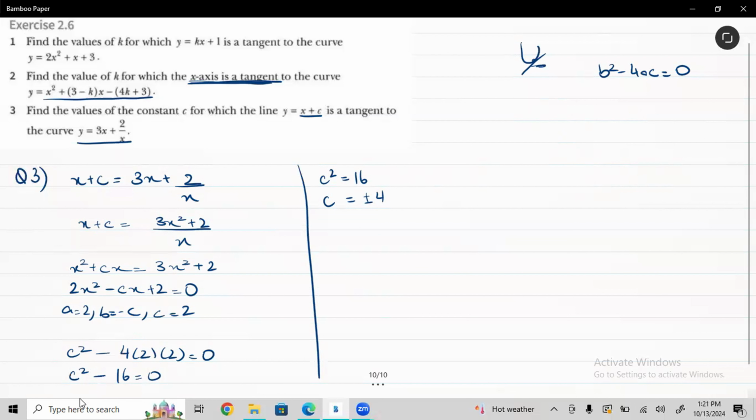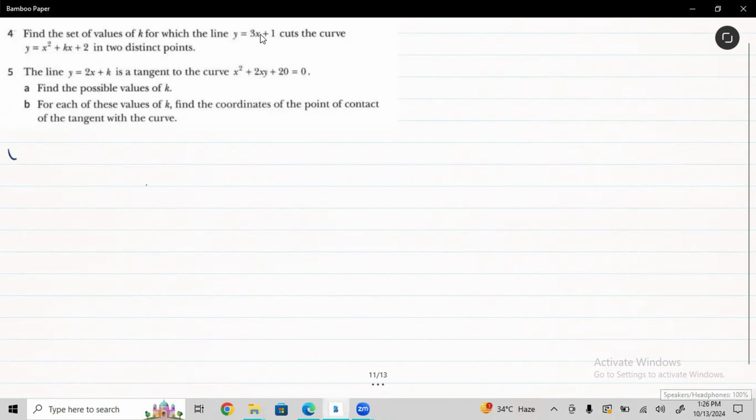As you can see, they've also asked for the values. So again, the two values are positive and negative 4. And that's basically it for question number 3. Proceeding on to question number 4. For question number 4,